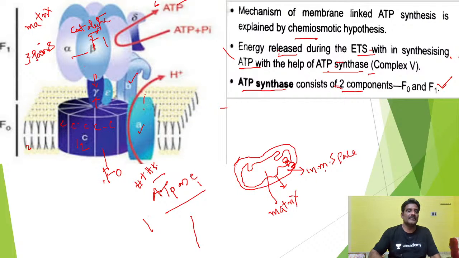Here you see protons are moving like this. So due to the movement of these protons through F0, this will rotate. This will rotate like this. And because of the rotation of this, this gamma part, which is making the connection between F0 and F1,